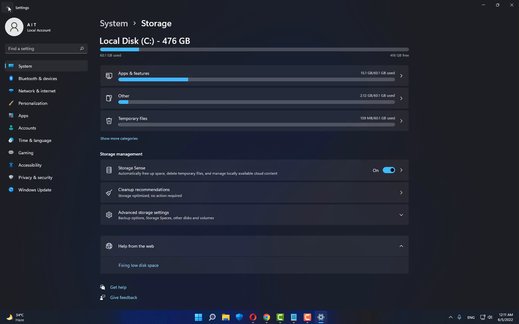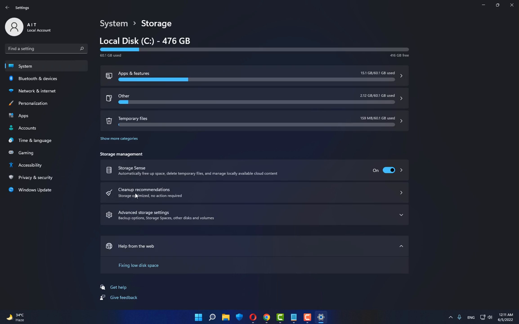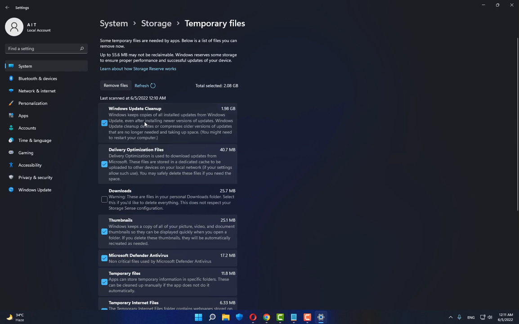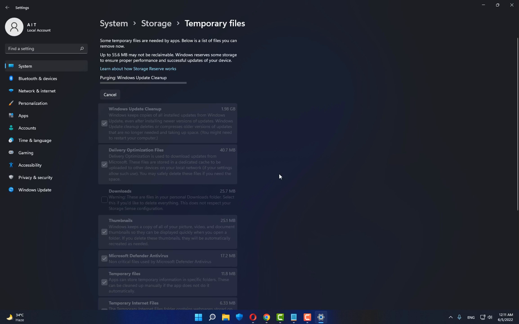The next is go back. Then go to storage, click on temporary files and remove all temporary files. After removing all, it requires a few minutes to complete the process, and after completing that,